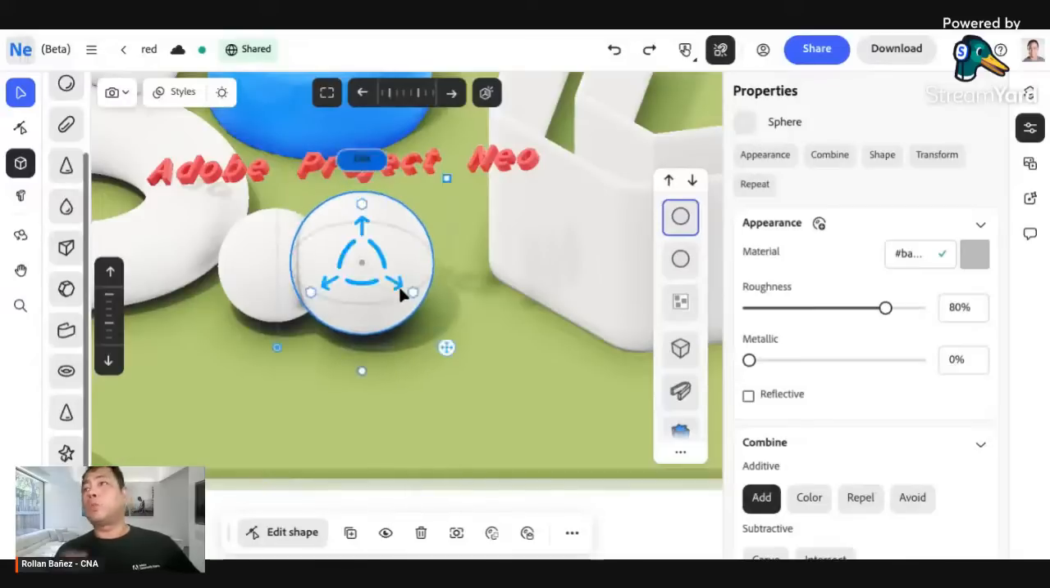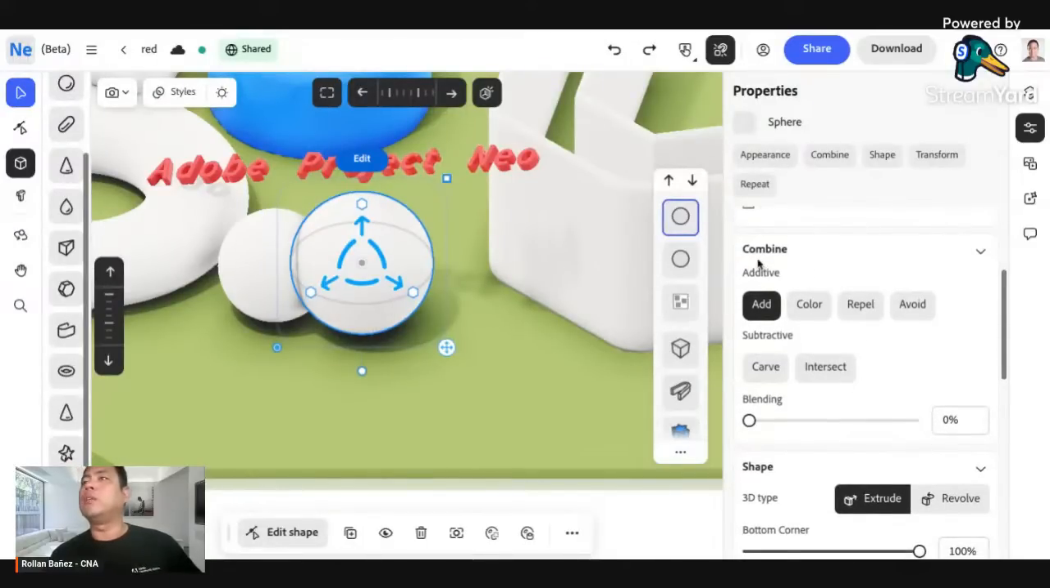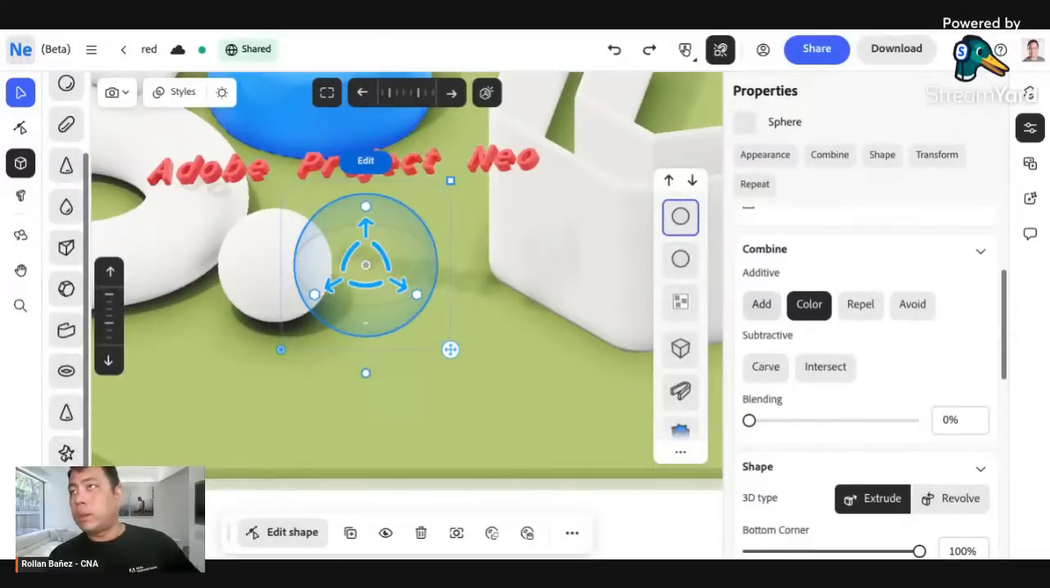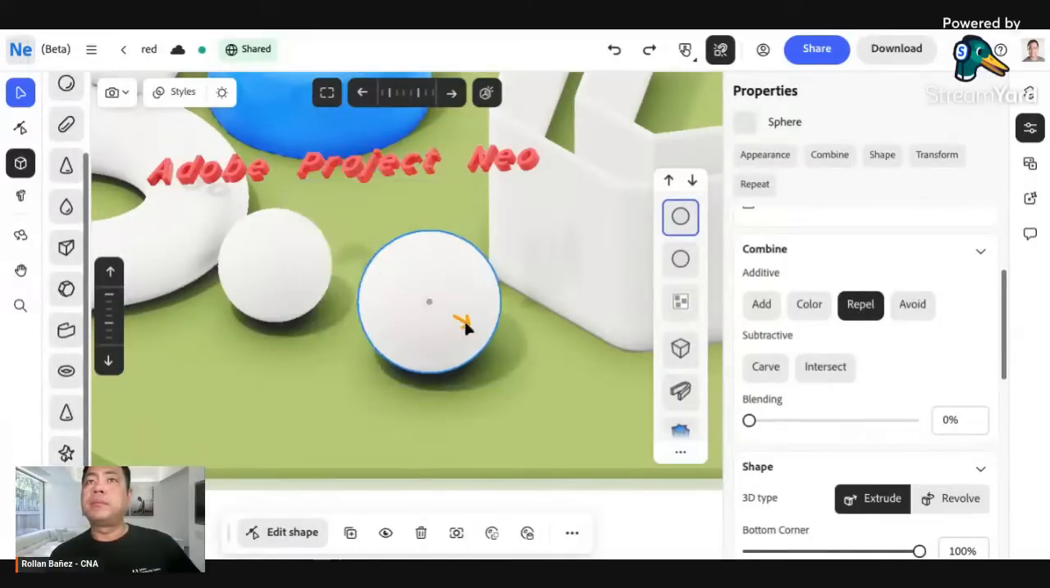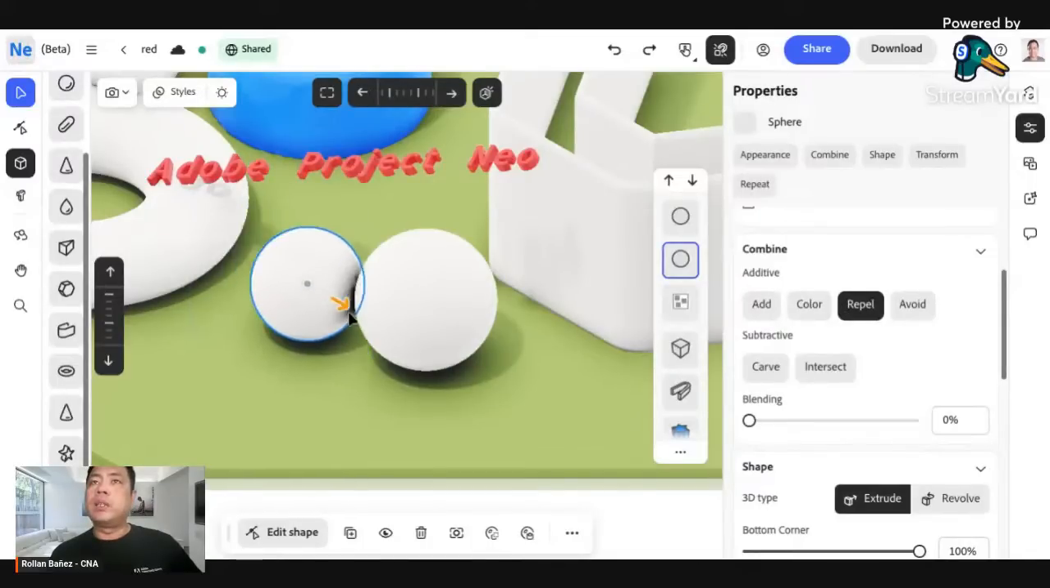As you have seen on the tutorial, there is one thing that you have to master, which is the combine function, which is here. Andito sila, ayan oh. You can easily use any of the modes. For example, let's click on add, which is the default. You can use color, or carve, or even repel. For example, let's go repel. So if I make this repel and this one is also repel, when I merge them together, you would see,